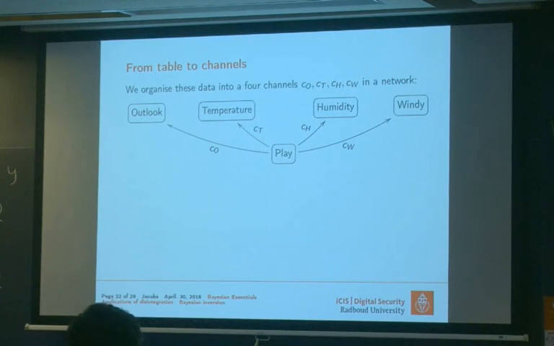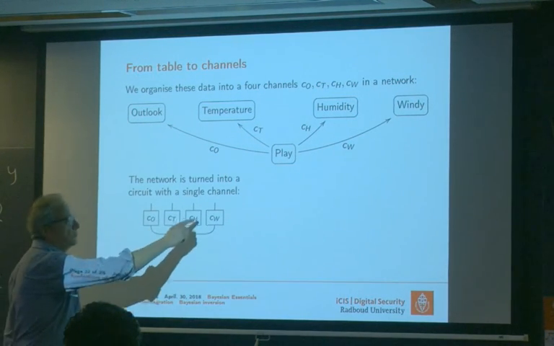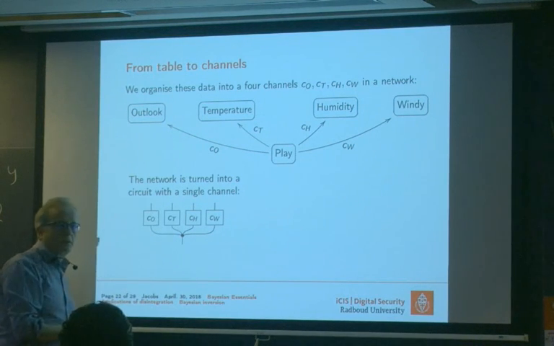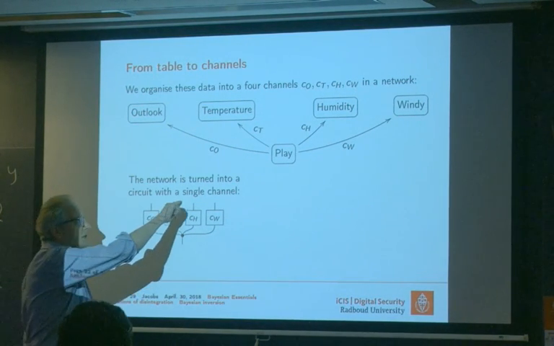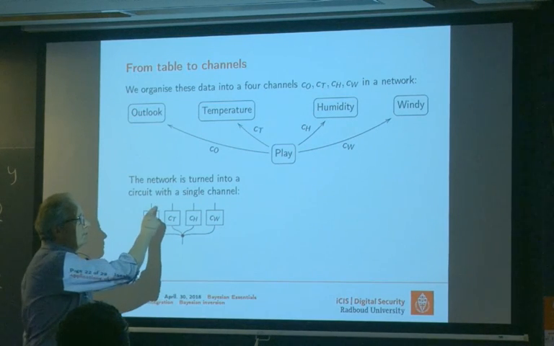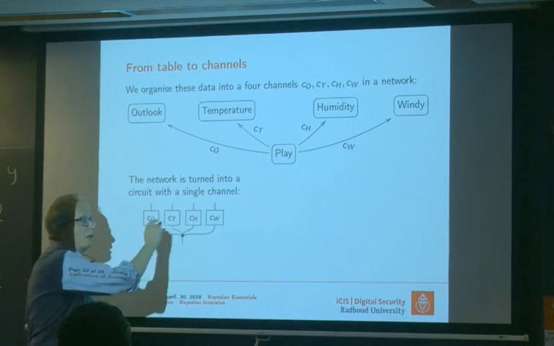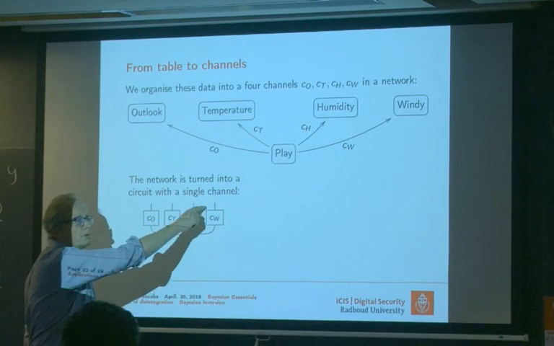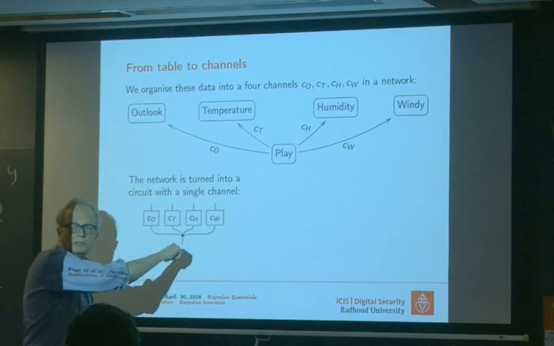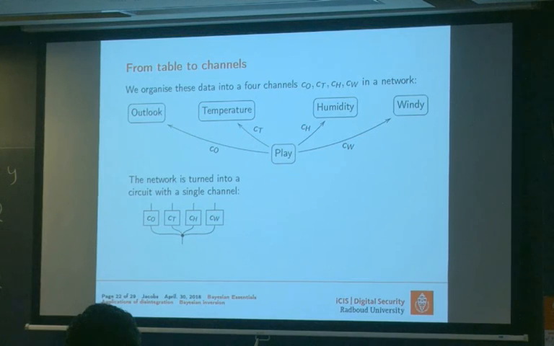How I do it is I take this, turn this into 4 channels. I'll describe in a minute how I'll do this, but I'll extract those via disintegration from the table. Given these 4 channels, I can form a tuple of channels. I copy, and now I disintegrate this. Now remember, disintegration gives you a channel in the other direction. The inputs were precisely these things: sunny outlook, high temperature, etc. And by disintegration, I get a channel in the other direction, and I can compute the